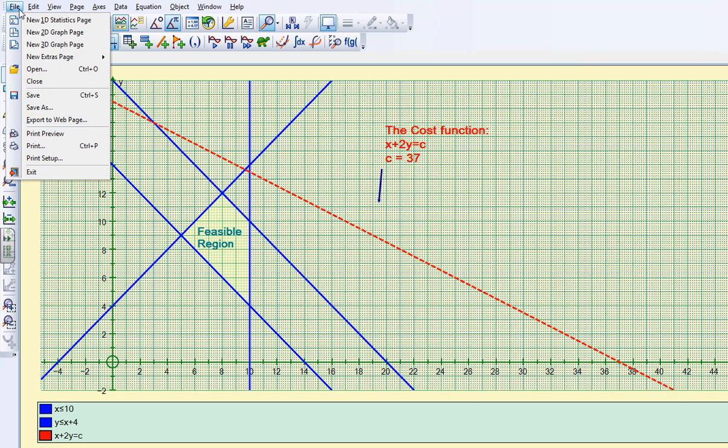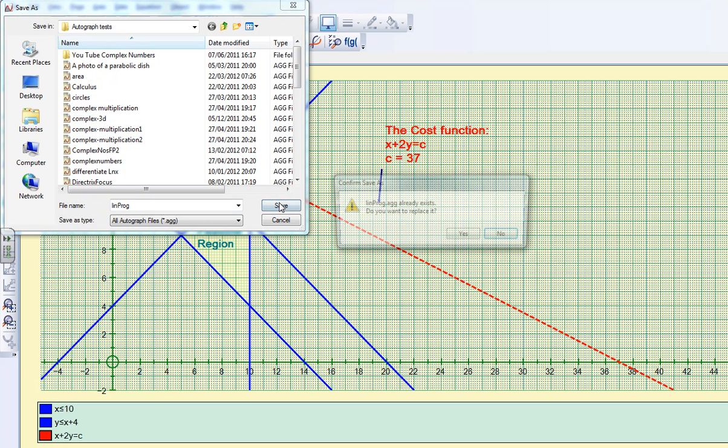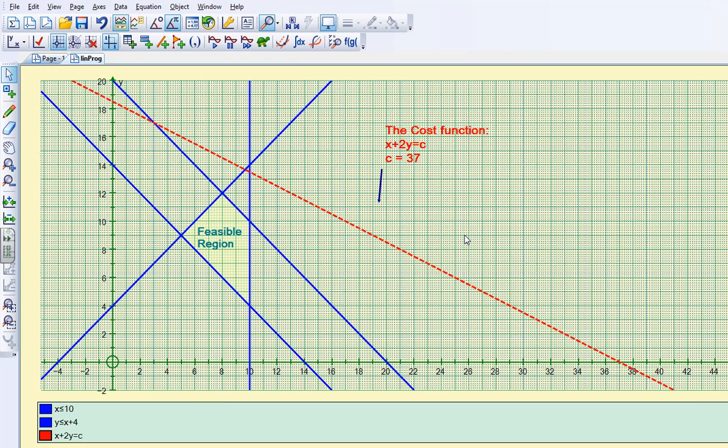So, I need to save this, and remember when you save it, it has to be one word with no spaces. So I've got it Lin Prog, and it saves it as an AGG file. Now I'm going to go to Study Smart,